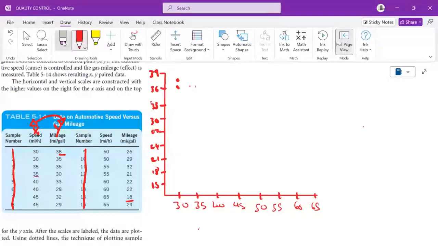Okay, this is pretty low because this is 36. Then 35, right? Then 35, 30, 40, 33, and then 40, 28,